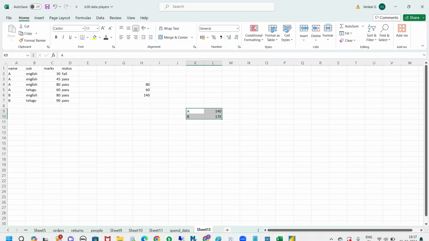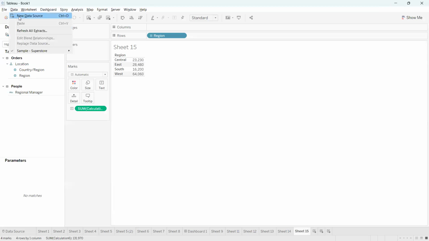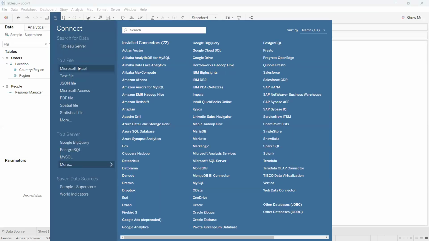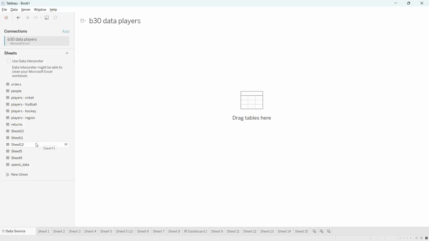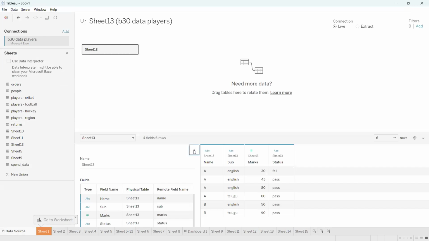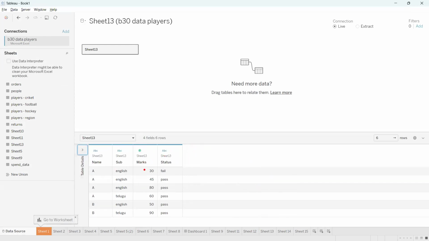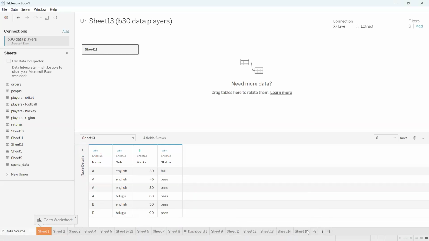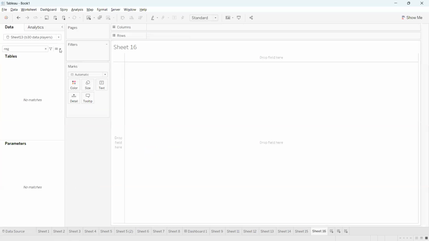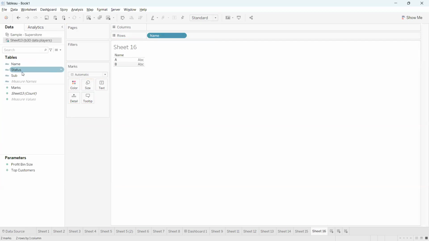Okay, I go to Tableau here. I'll connect to Microsoft Excel, the players file. What is the sheet? It is sheet 13. Just drag sheet 13 here. You see, we got the row level data here. Now go to any one sheet in Tableau, sheet 16. Now, if you try to drag the name here, and if you try to drag the marks here,